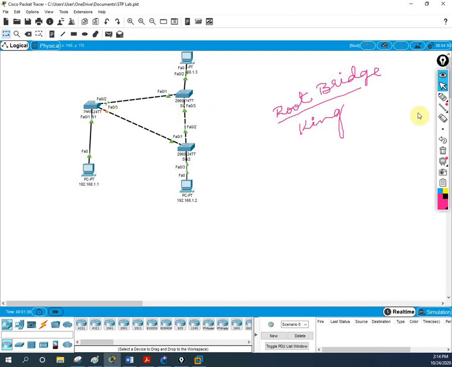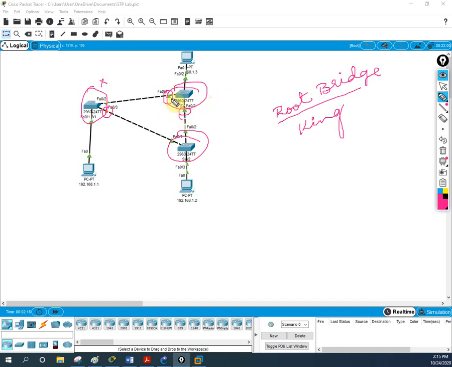So what we can say is, among all the switches where we connected, we have one switch as the root bridge. You need to remember, in our network we have one switch as the root bridge. And the root bridge has features, I will show you what they are. You need to remember, the root bridge is a bridge where all the ports will be in forwarding. If you see, this is disabled, so this should not be the root bridge because one interface is disabled. Maybe this is the root bridge, or maybe this one, because these PC ports are in forward mode. Forward means green.